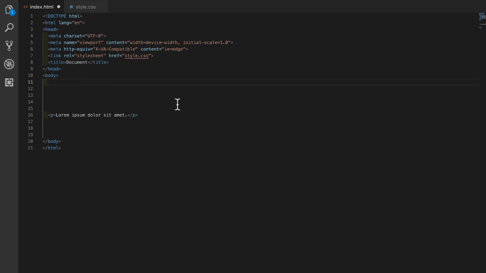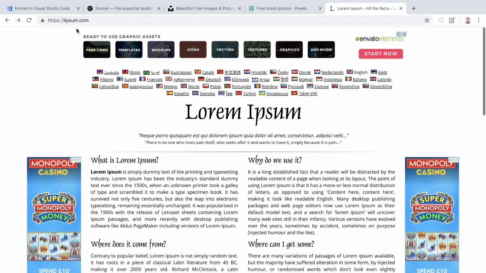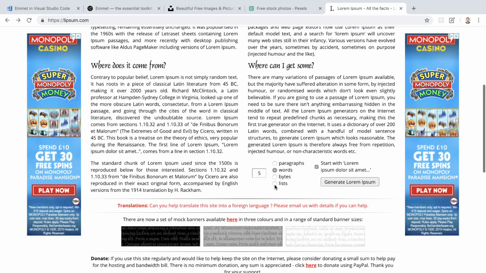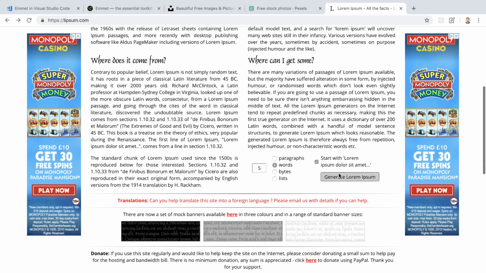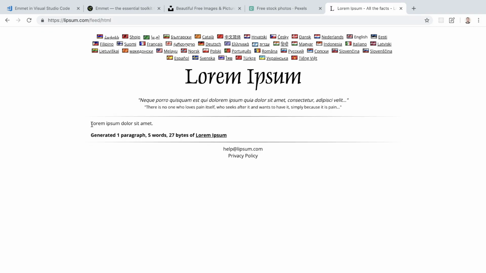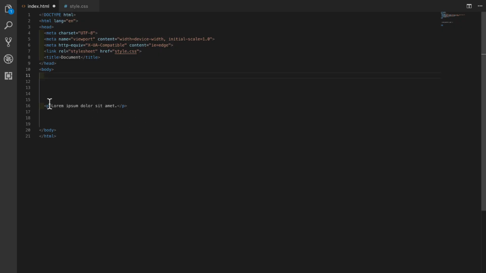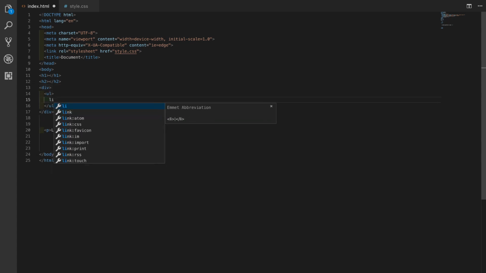It used to be the case that you'd have to go to a website like this one. This is lipsum.com, and you can go down and enter in the number of words you want. You can generate the text here and then copy and paste it over into your HTML. In addition to P tags, we can write H1, H2, div, UL and LI, or any HTML elements for that